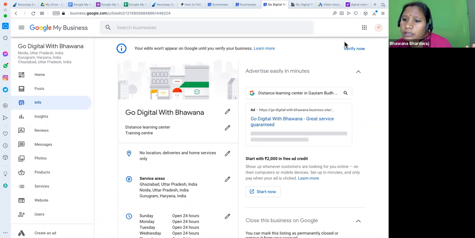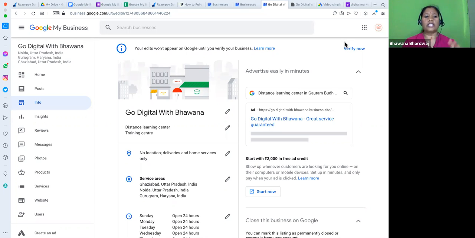Would you please provide the top 10 listing sites, like Bing? Yes, definitely. This is one thing as a bonus. I will provide you 100 places where you can go and list as a local business. So 100 places I will provide you. Fantastic. Is it searchable with the email ID or with the name only?